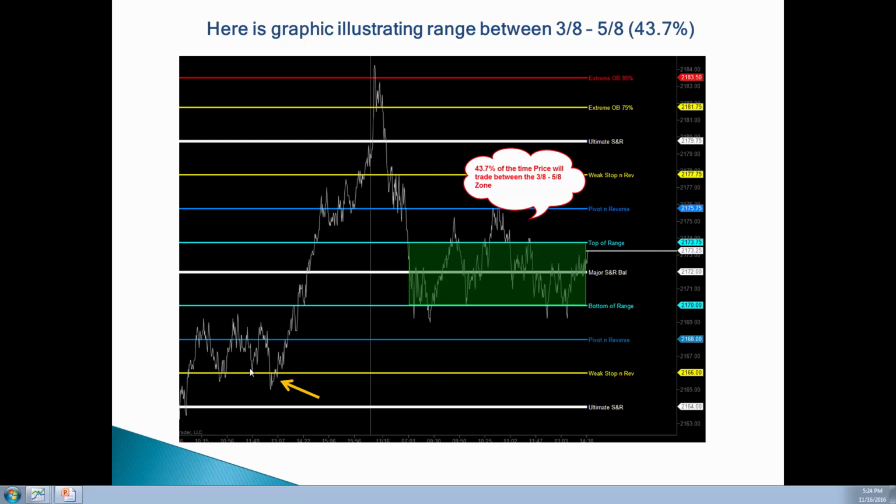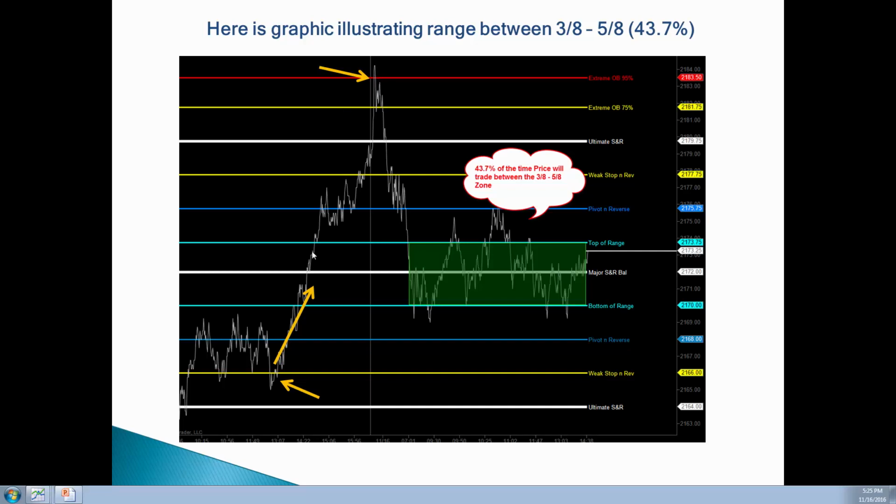If you recall a prior slide, we identified a 1.8 as having high odds, because it's at the low end of the range, but it has not broken the range. So it has high odds of finding support at the low end of the range. Of course you see what happened there. And when you get to the extremes, we've got a 95% chance that the market reverses off of the overbought extremes. Again, this is not